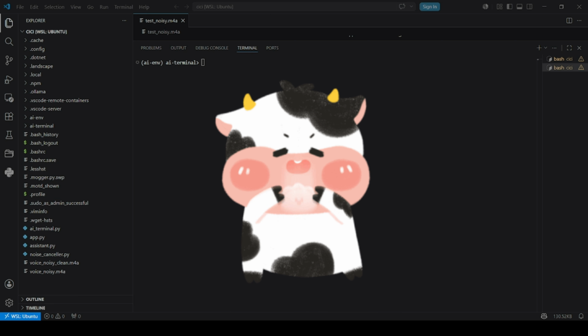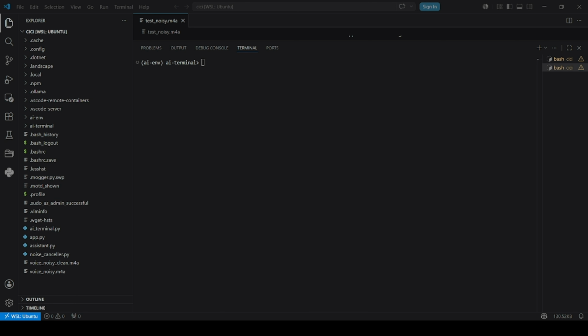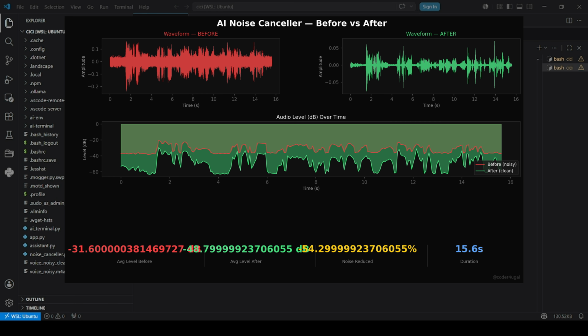Is the cow mooing in the background or the street hawkers yelling ruining your videos? Fan noise, keyboard clicks, background noise, traffic, AC hum, all these are definitely hampering your videos. Today I'm going to show you how to build a Python script that removes all of that automatically, completely free,